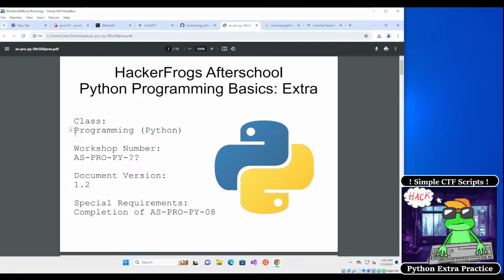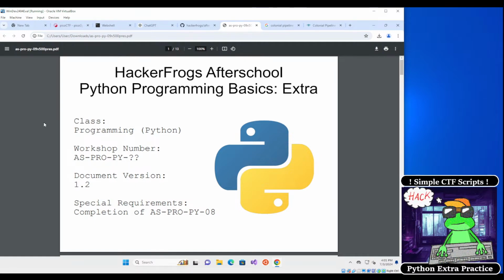scripts. All right, and the other activity we're going to be engaging in today is talking about hacking history. This is going to be a new segment where we're going to be talking about some famous hacks that have happened throughout history. And we're going to be doing some research about each one of these big hacks, and we're going to be recording it in a file, which we're going to be keeping on the HackerFrogs GitHub page. All right, so